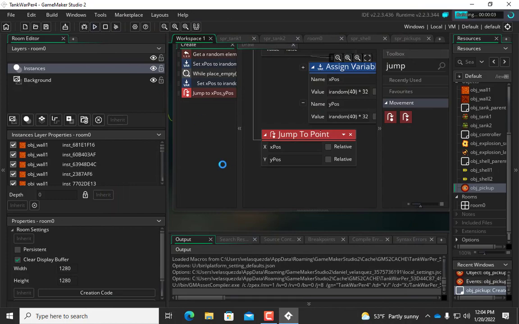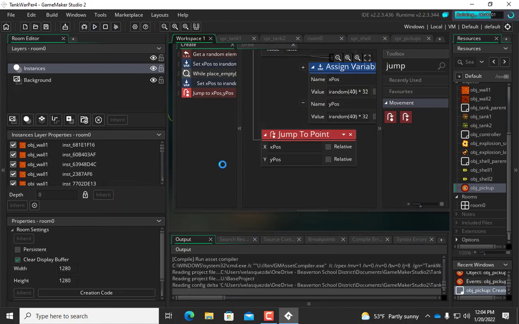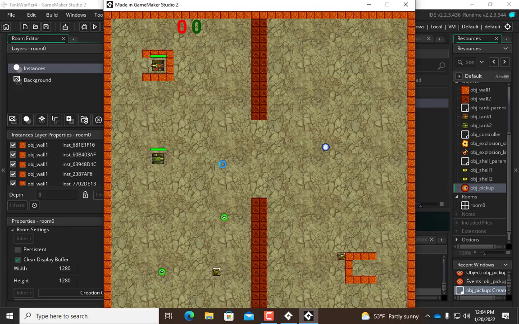And then this one here. Yeah, so I don't know. It seems like it's working to me. I will have to keep an eye on it, but it seems like the pickups are not being embedded into the walls. They seem to be spawned in places where things aren't, and that's what you want. Okay. So really cool pickup system. Now we have these pickups,